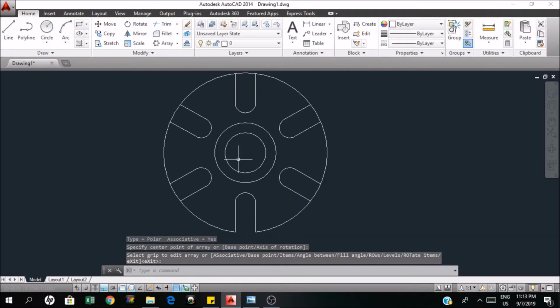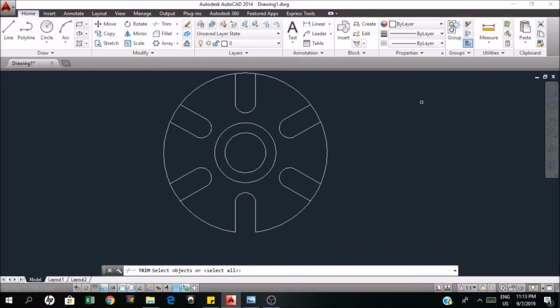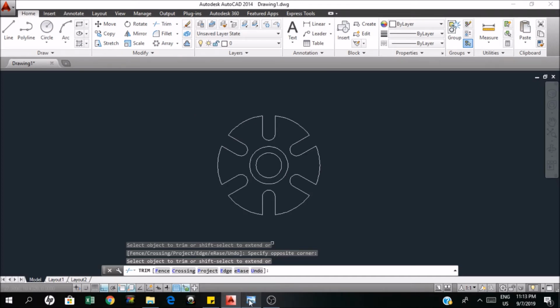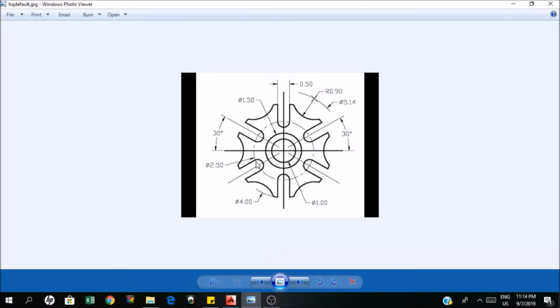It's done. Now I can trim the objects. Trim, enter, then select this. So it's looking almost the same now, except that this one